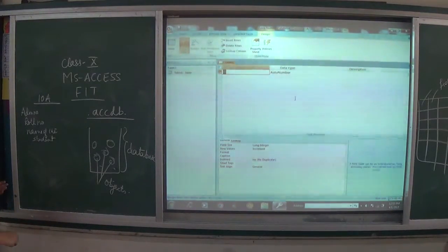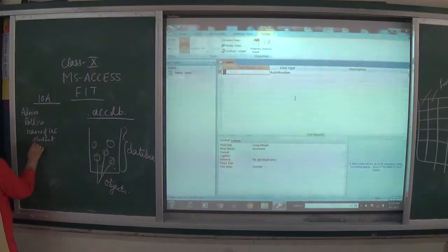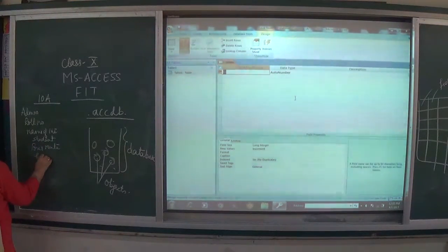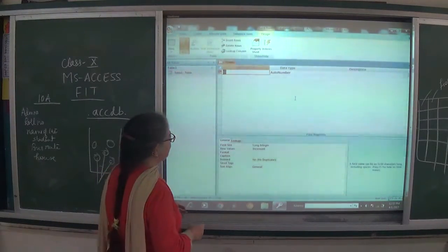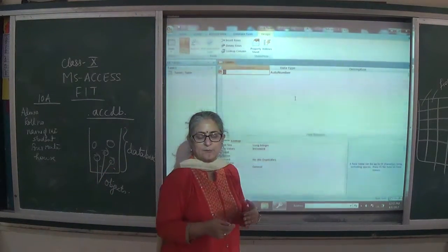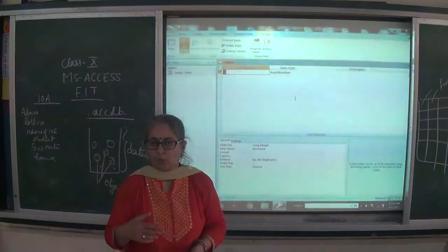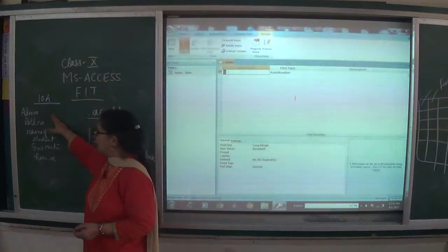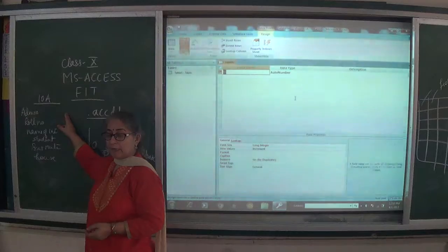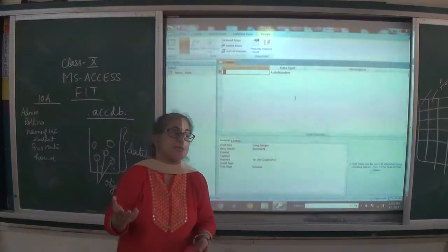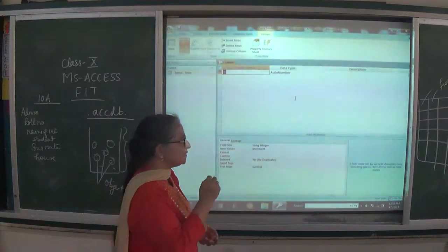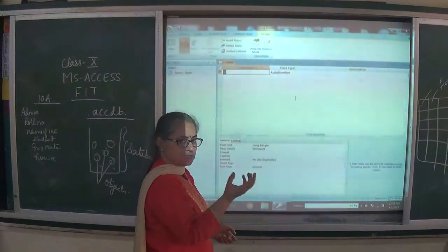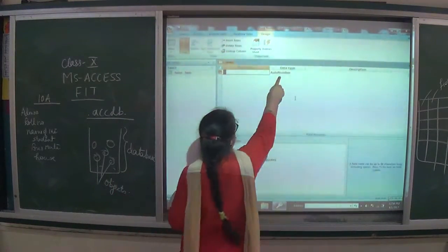I want to have the name of the student and bus route, the house. This is what you have in the nominals. Now for creating this, computer should understand. Computer does not understand what kind of data is to be entered in admission number, whether it is a numeric data or it is a textual data. So that has to be communicated to the system so that it can only allow that type of data. That is known as data type.